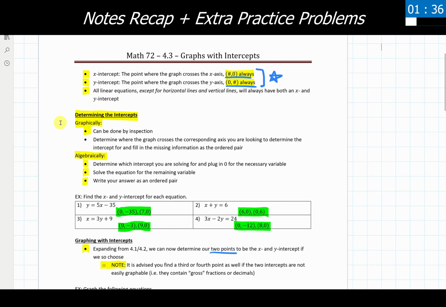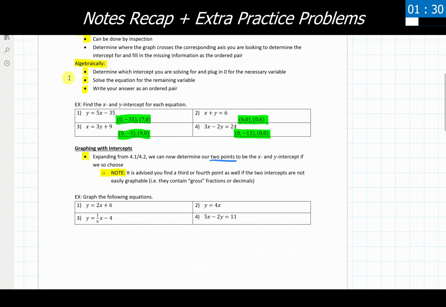We then went through how to determine the intercepts given a graph and how to do it by inspection, and how to solve that algebraically. We got a lot of practice with this. Plugging in 0 for x or plugging 0 in for y, depending on the thing that we're solving for, and then solve for what's missing from there. Our last bit was once we had those intercepts, we can use those for graphing, since we just need 2 points, and those could be 2 viable points that we use.